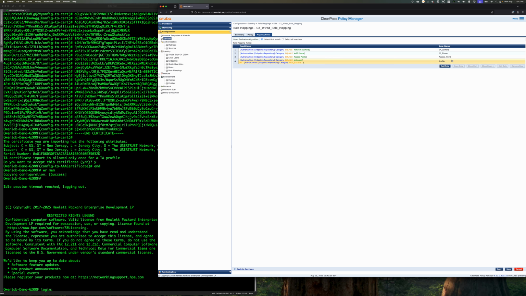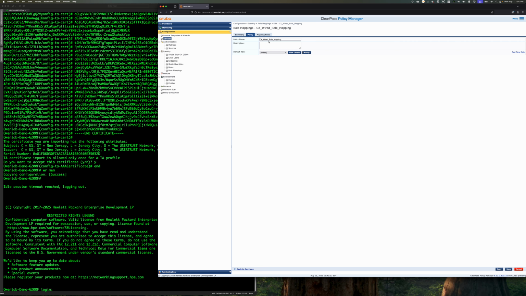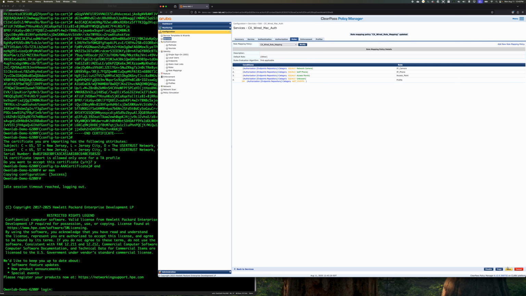Okay, so what this means is that if something comes through and I don't know what it is because I haven't profiled it yet, or the category does not exist, I'm going to give it a profile role. The other thing is that if something comes through and doesn't match one of those conditions, it's going to get the other. So what I can do here is set it up so that I can say,